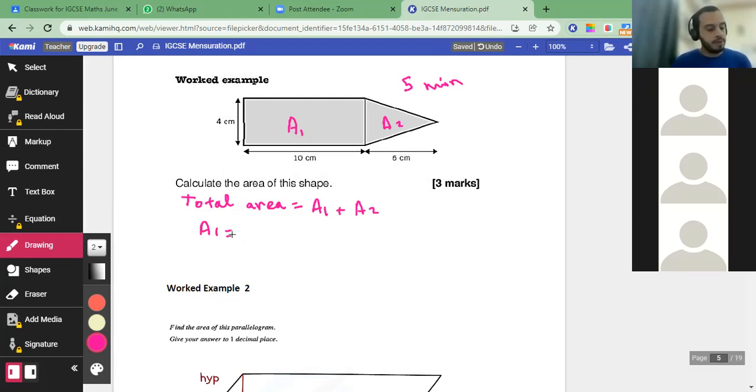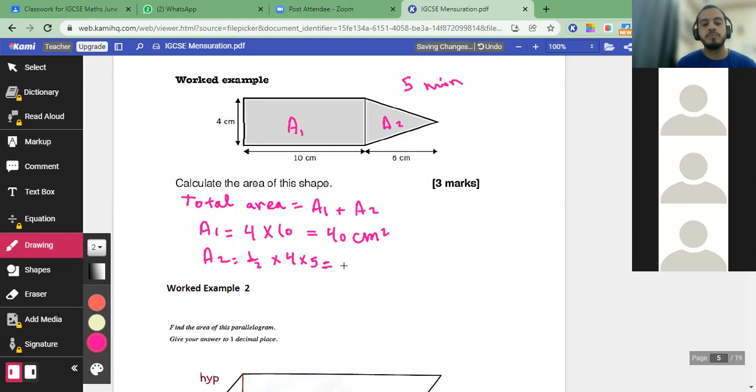equals how much, Mariam? 4 by 10, which is length by height, so 4 multiplied by 10 equals 40 square centimeter. Okay, area 2 is half by 4 by 5. Half multiplied by 4 multiplied by 5 equals